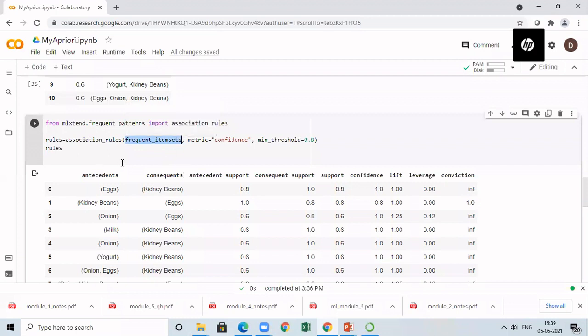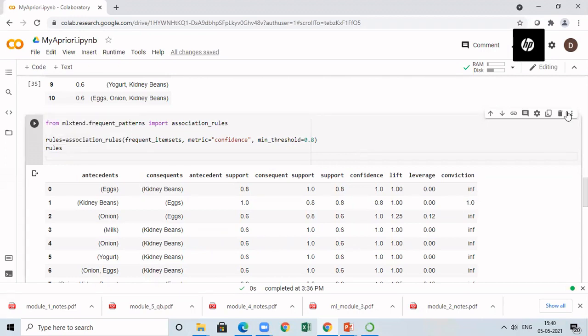And remember, for the association rules, you have to set the confidence. For the confidence, there is a minimum threshold. In our example, it is given as 80%. So I am going to set the minimum threshold for the confidence as 80%. I have to give the metric as confidence because this minimum threshold is for the confidence. So set metric equal to confidence, and then set the minimum threshold as 80%, that is 0.8. Once you do that, you can call this function. It will generate all the association rules and return them to you. You store it in a data frame. So this rules is a data frame which will store all the answers.